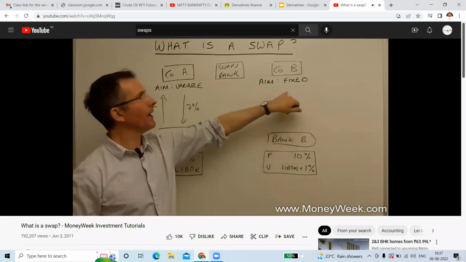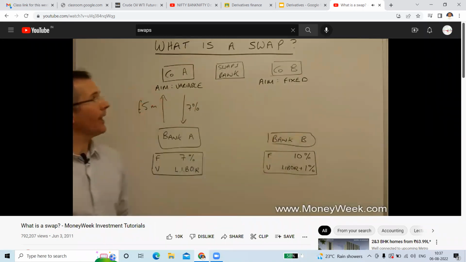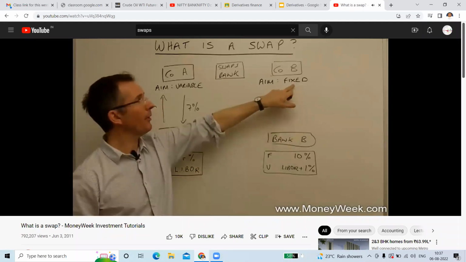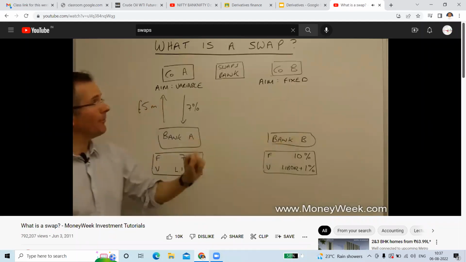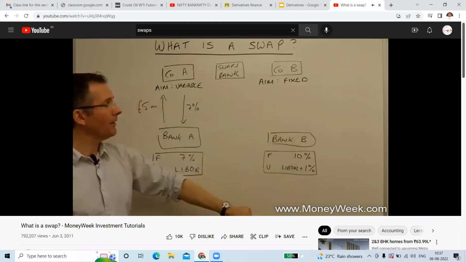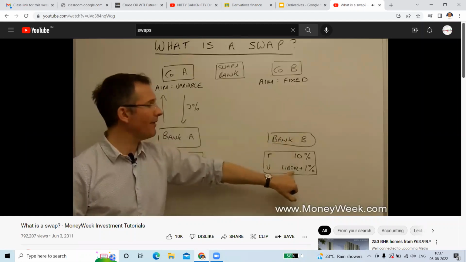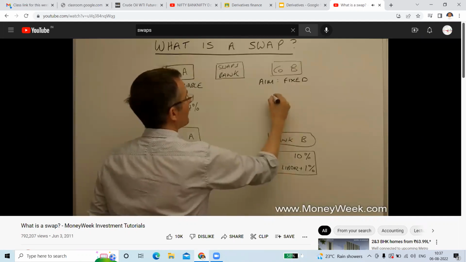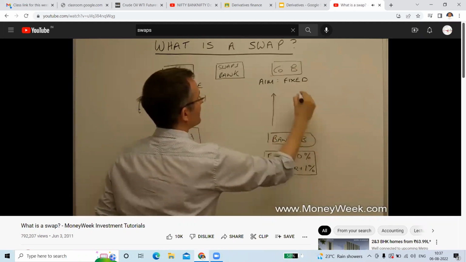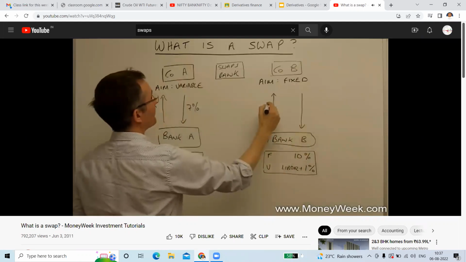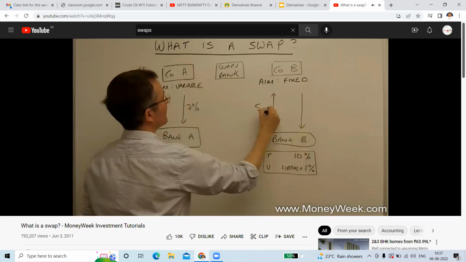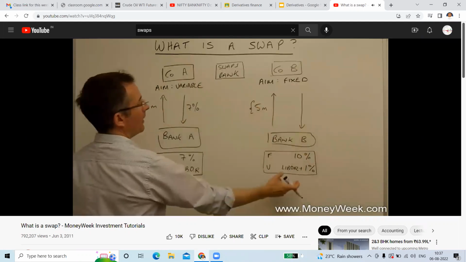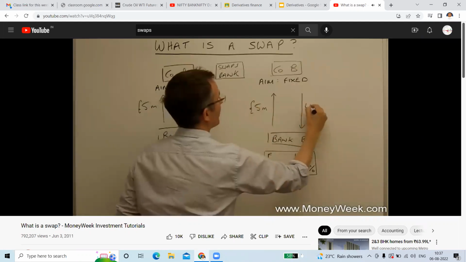Then it goes to its other client, Company B, and says, I know you want to borrow at the lowest possible fixed rate, 5 million, but bear with me, go to your bank and take out a loan at the variable rate. So in other words, go and get the money you need from Bank B, £5 million once more, but pay them the variable rate of LIBOR plus 1.